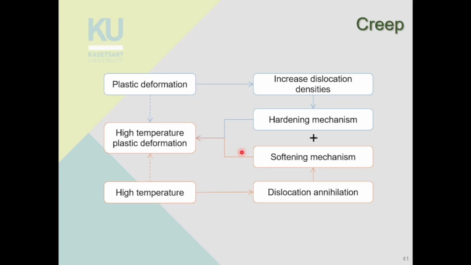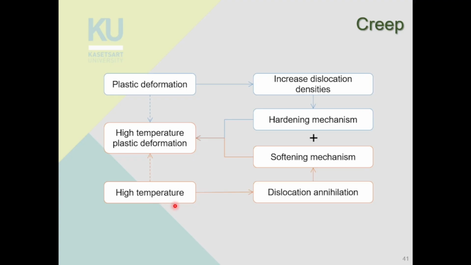during creep, what happens is there are two main mechanisms at play here, right? So because we are applying stress, we are making plastic deformation, and by making plastic deformation, we increase dislocation density. Okay, so I think you've learned about dislocation with Ajahn Krishna, right? So when you have more dislocation, the dislocations will impede each other, making the dislocation movement more difficult, making your specimen stronger, right? So this is called a hardening mechanism, right? So as you have more plastic deformation, the increased dislocation density will impede the movement of dislocation, making your specimen stronger. But at the same time,